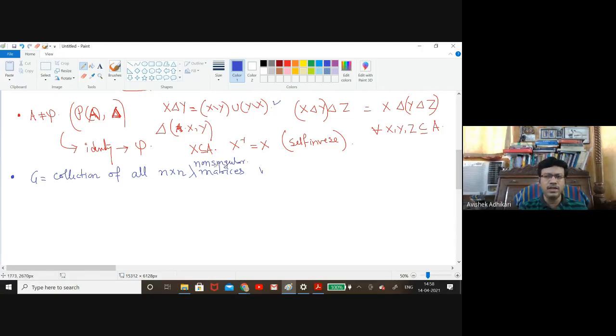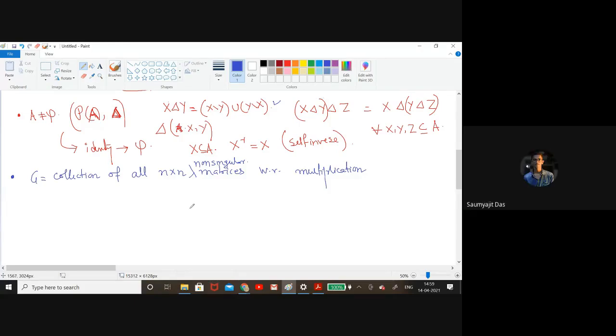So in your linear algebra initial course, first semester course, I am sure that you know what non-singular means. That means the determinant of this n cross n matrix should be non-zero. Then we call it a non-singular matrix. So, the collection of all n cross n non-singular matrices with respect to multiplication. I will show you that still some information is missing in your statement. Somebody can point out what information should we include here?